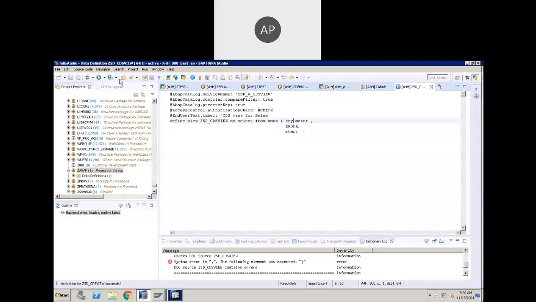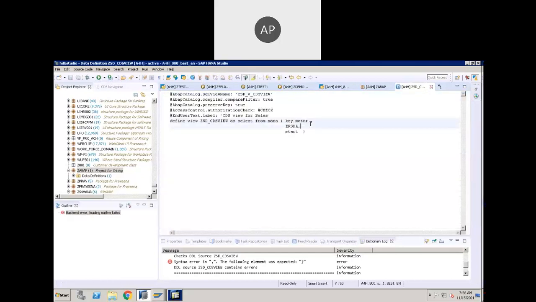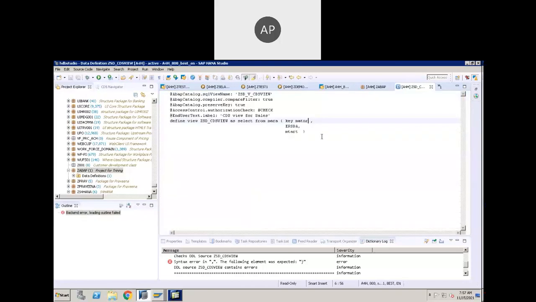Okay, now let's check the syntax, like how it will display. This is the key field. Also you can use some alias names. So what is it displaying? What are the list headings it is displaying? Technical names, right? Matnr, mtart, like that, right? You can also change the field name like this,